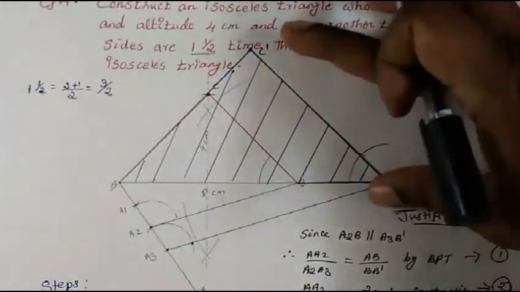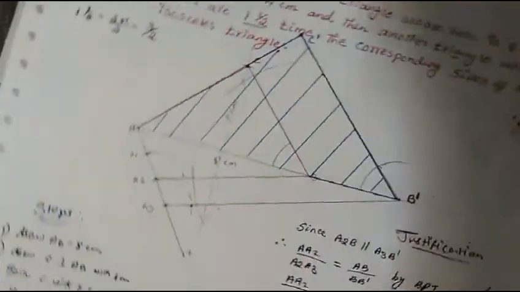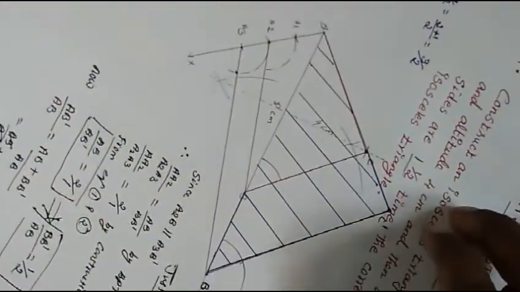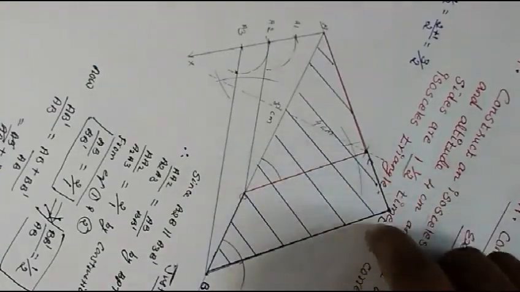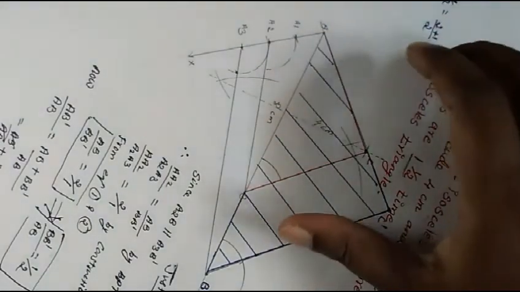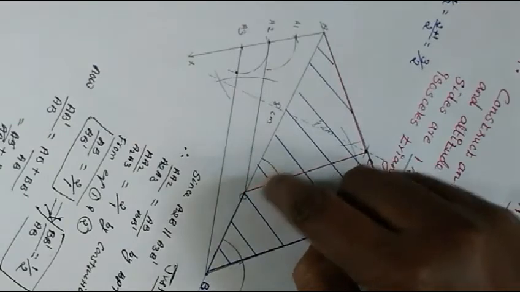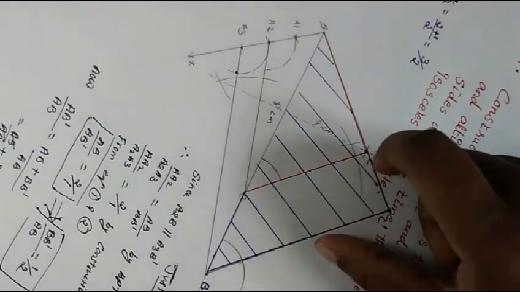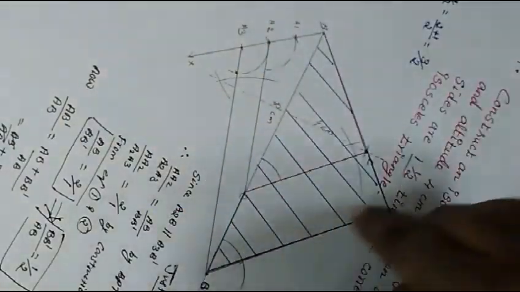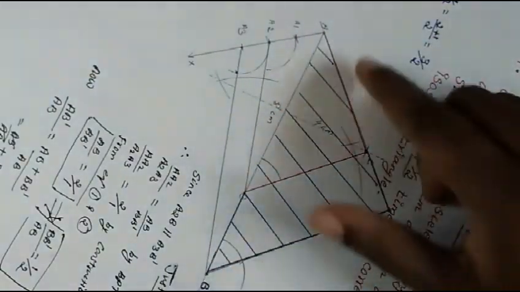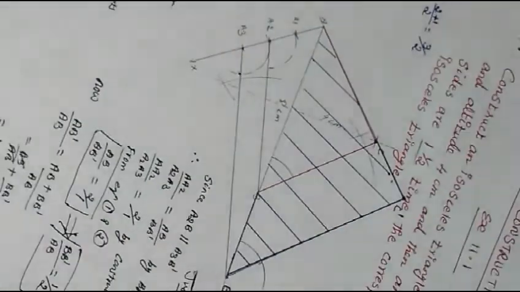Then we have to prove this side also and this side also, and for that we take the angle criteria. The angle criteria says if the angles are corresponding angles, then the triangles are similar. This angle and this angle are corresponding angles, so this triangle is similar to the other triangle. If the triangles are similar to each other, then the ratios of the sides will also be equal. So with that we conclude that all 3 sides are in equal ratio.